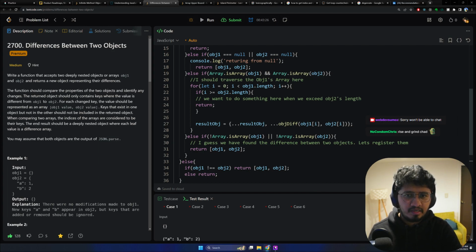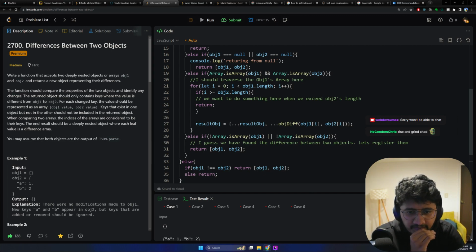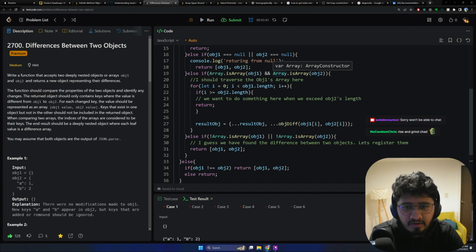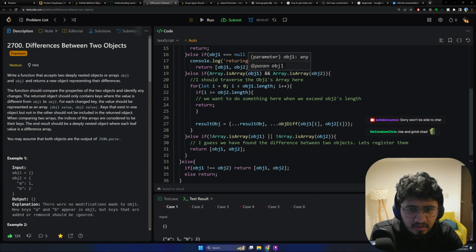Else if Array.isArray object 1, Array.isArray object 2. Else if either of them is not an array,